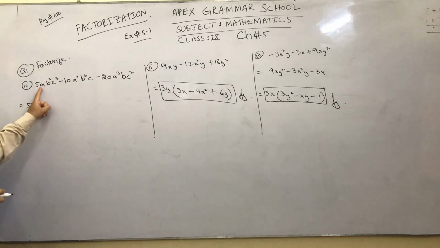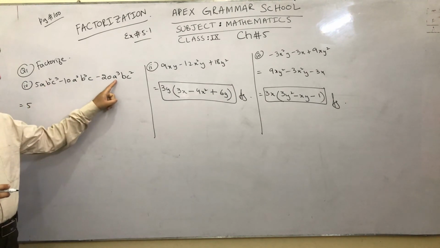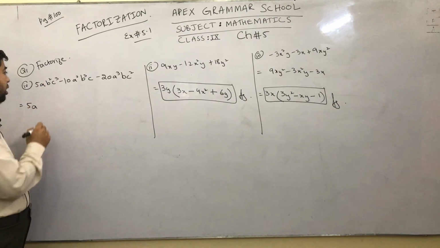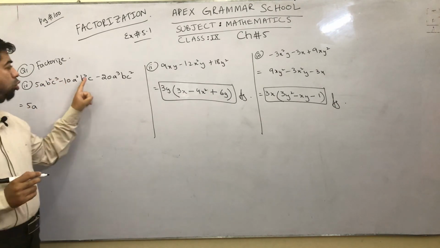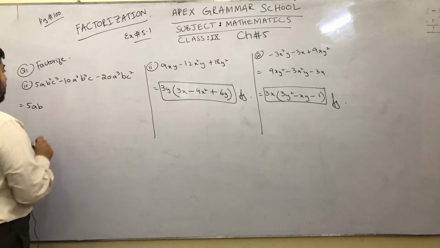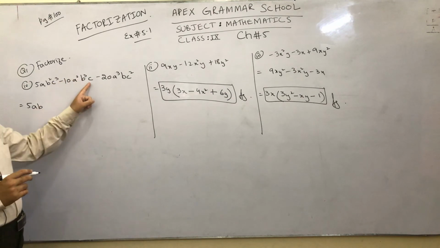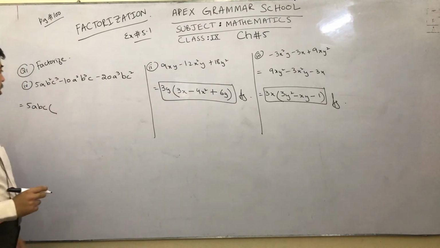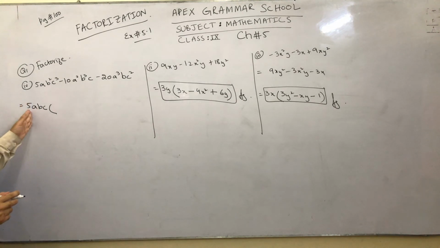And a, the lowest power is, this is a cube, this is a square, the lowest power is a common. This is b square, this is b cube, and this is b raised to power 1. So the lowest power is b. And then c cube and c square, the lowest power is c. So this is also common. Now, after taking this common, 5abc,